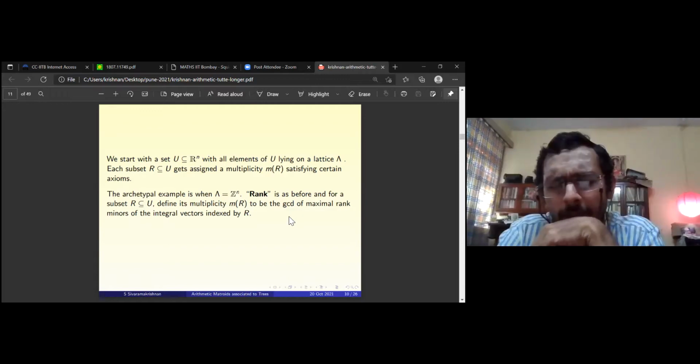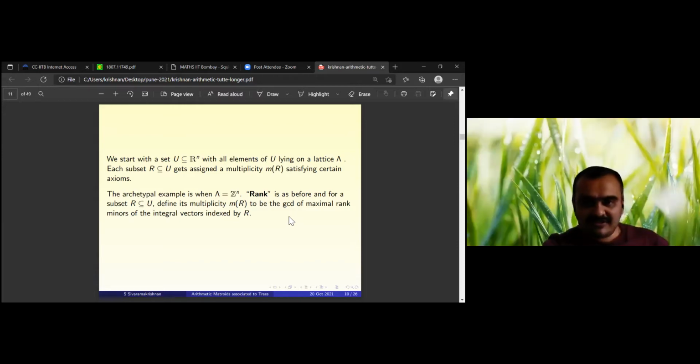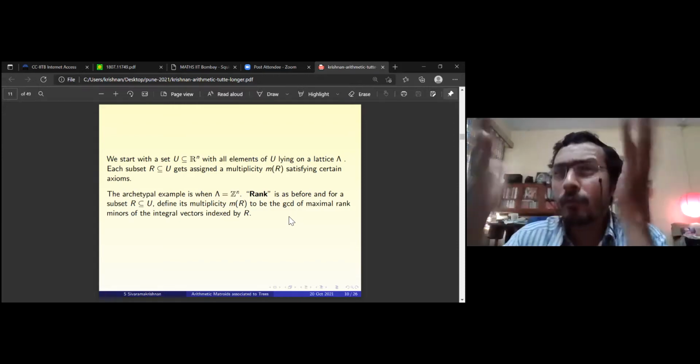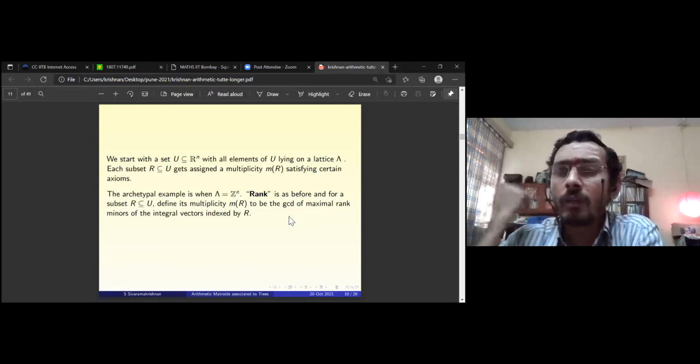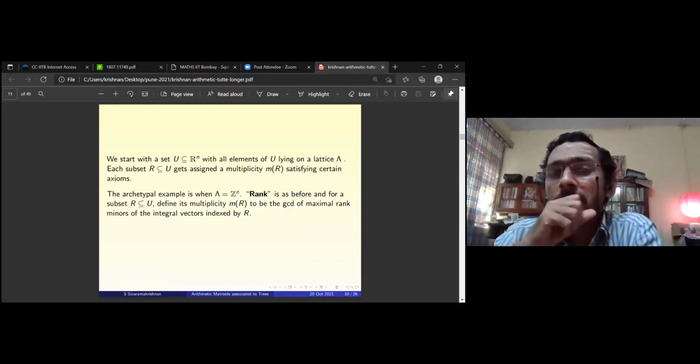So sorry, say it again. Of smallest order matrix which is non-zero. Oh no, largest. So largest. That's why I'm saying maximum. 4 by 4, yeah. 4 by 4, everything will be 0, maybe. That's why I'm using maximal in that sense. That's why I want the determinant which is non-zero.